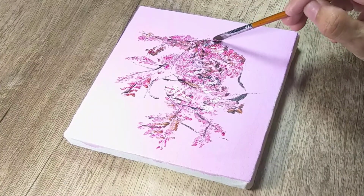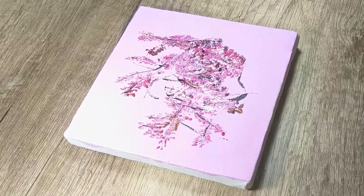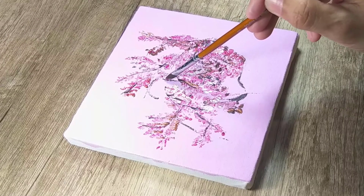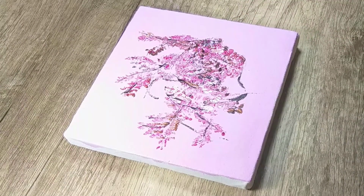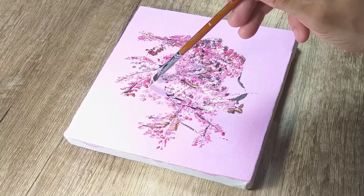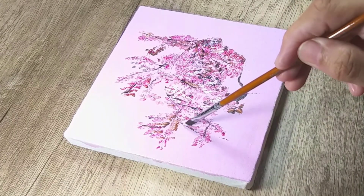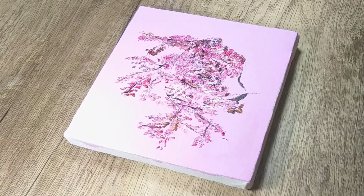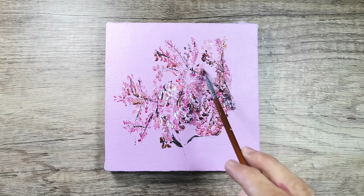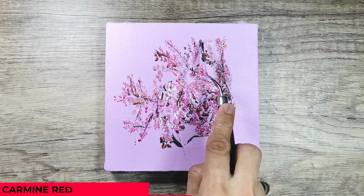Viewers, actually, double exposure creates a surreal feeling for an image, and two images can work together to convey a deep meaning or symbolism. For an easy approach, I would say that double exposure images are related to a dream world or a fantasy. Now I'm drawing these lines for branches using my palette knife. Some pure carmine red,